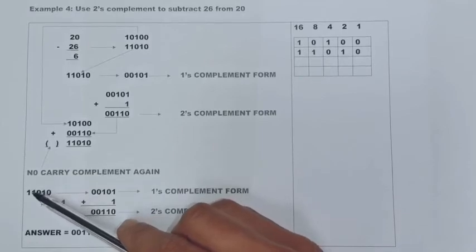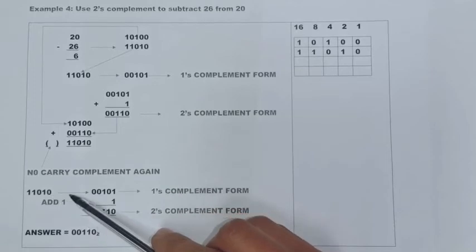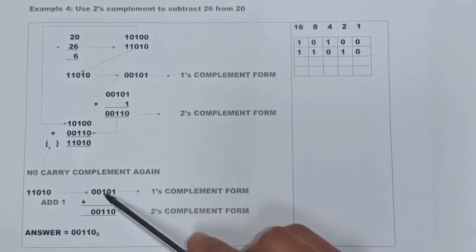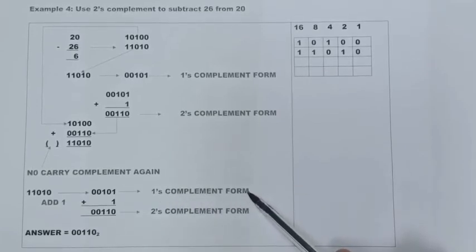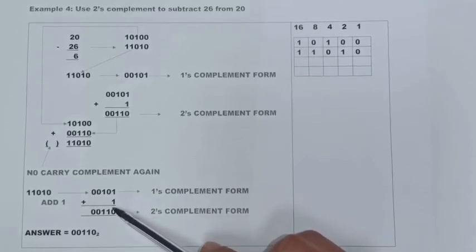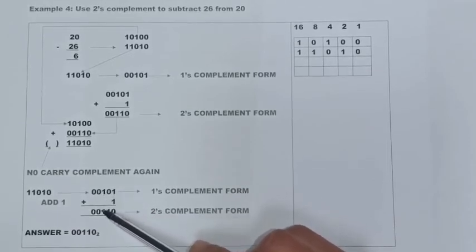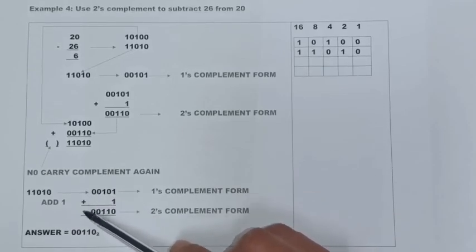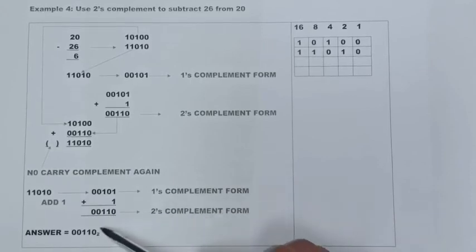And that's why you will see here, we take that value, which is this one now, 11010, which will now be 001001, which is then in its ones complement form. Then I will add a 1 to take it to its twos complement form. So 1 plus 1 is 0 with a carry of 1, 1 plus 0 is 1, 1 plus 0 is 1, 0 plus 0 is 0, 0 and 0 is 0, and that will be the binary number in its twos complement form.